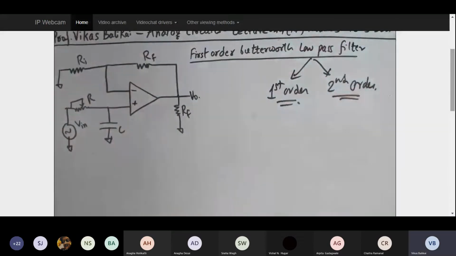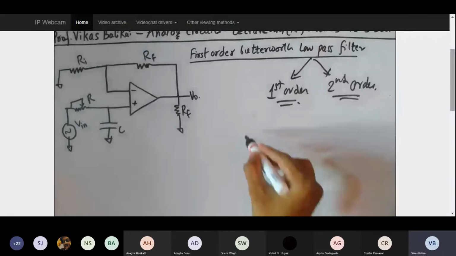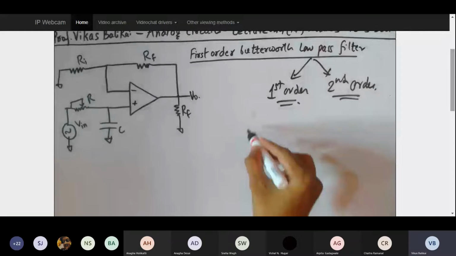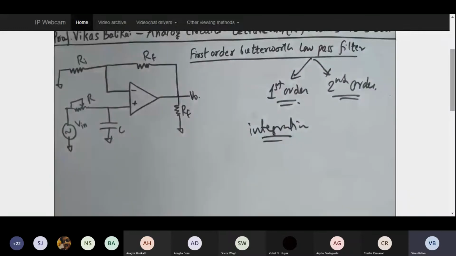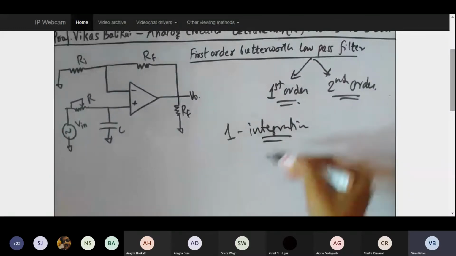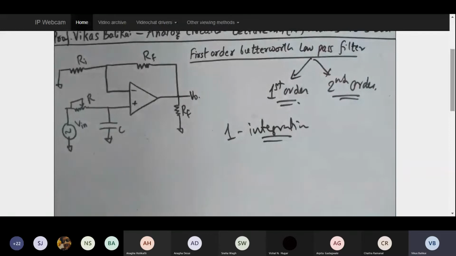These first order and second order terms, I think you might have come across in mathematics, wherein we call it a first order differential equation, second order differential equation, and we identify them with respect to the square term or cube term present in some of the variable. If I want to correlate that mathematics over here, I can even say that the integration also resembles an ordering. When I have only one integration, I can say it is first order. When it is a dual integration, I can say it is second order. Similarly, that entire concept I am replicating over here.